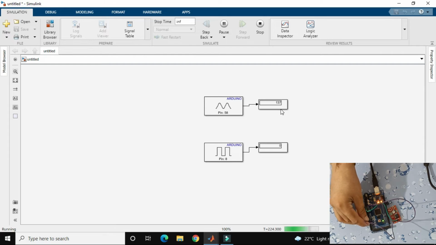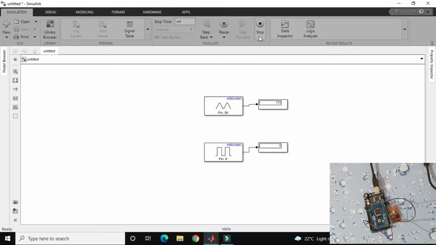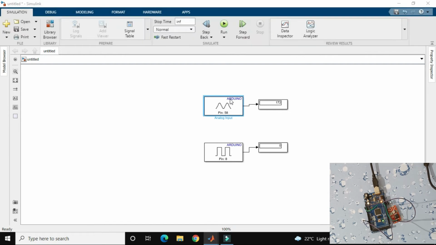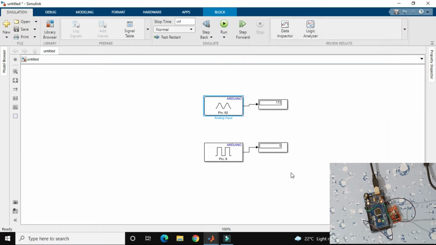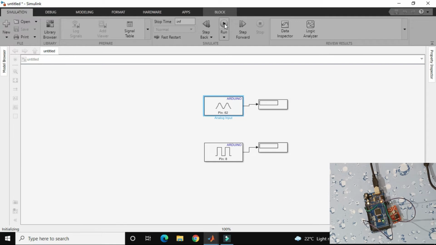Now I will use this in the case of analog. Right now I set the pin number of the analog pin as A8. So I stop this, and over here I set the pin number, it should be 8, and you will get the output. Okay, when I hit the run button, it will take some time.